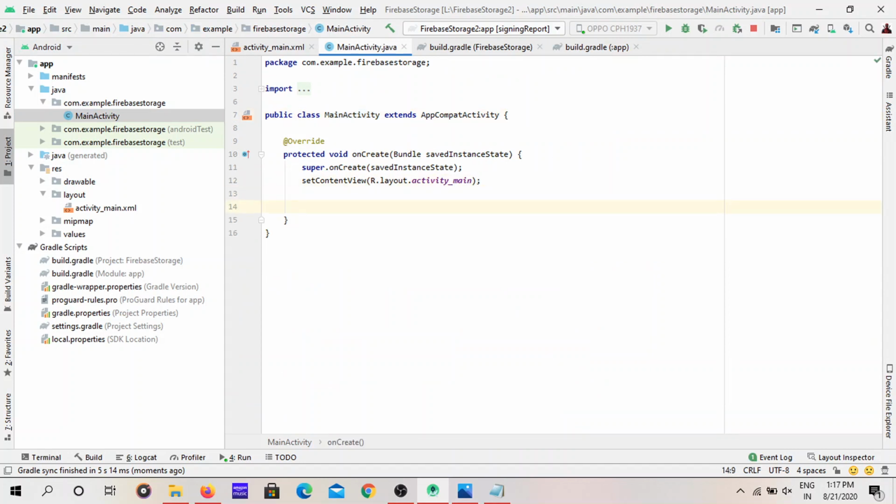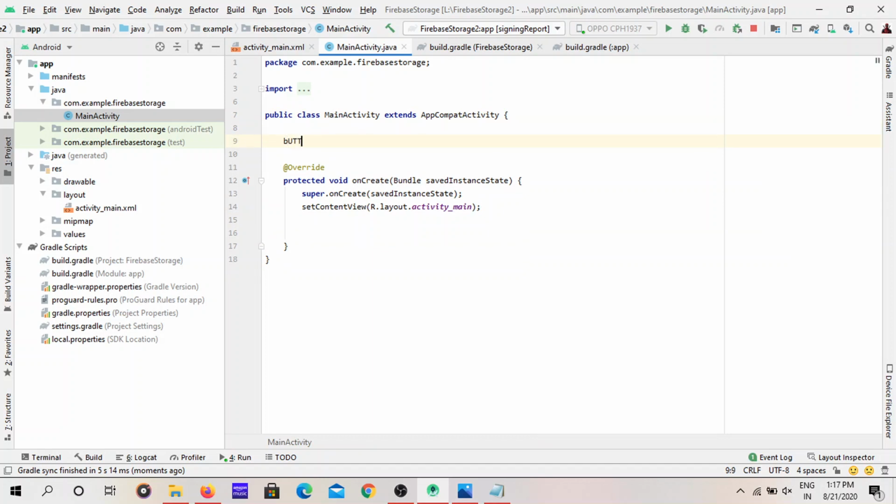In our XML file we have 2 buttons and 1 progress bar and 1 image. Let's bind them to this activity, to this Java file. First we have to give the buttons. What are the buttons? Choose button and upload button.